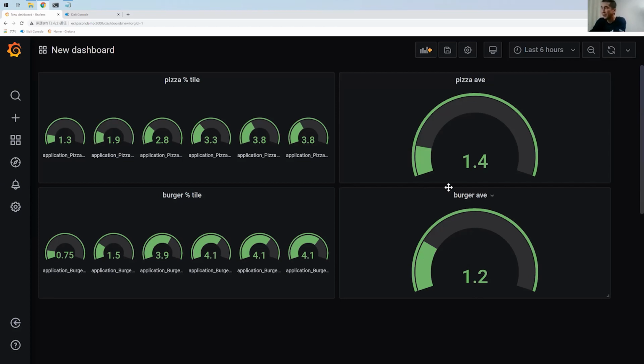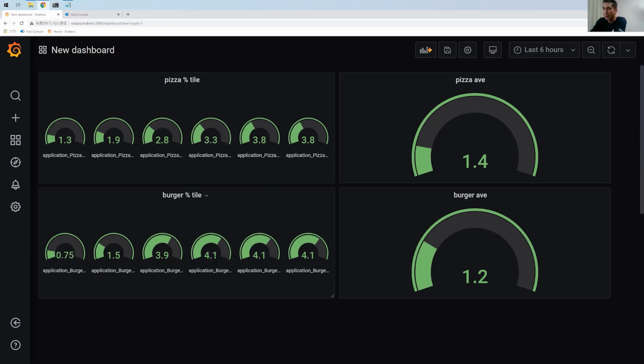It's a little bit fast, but the problem is here. If you look at the percentile, it's almost 2.8 seconds or 3.3 seconds or 3.8 seconds. But it is okay because the pizza service has a bug, and this result is expected.